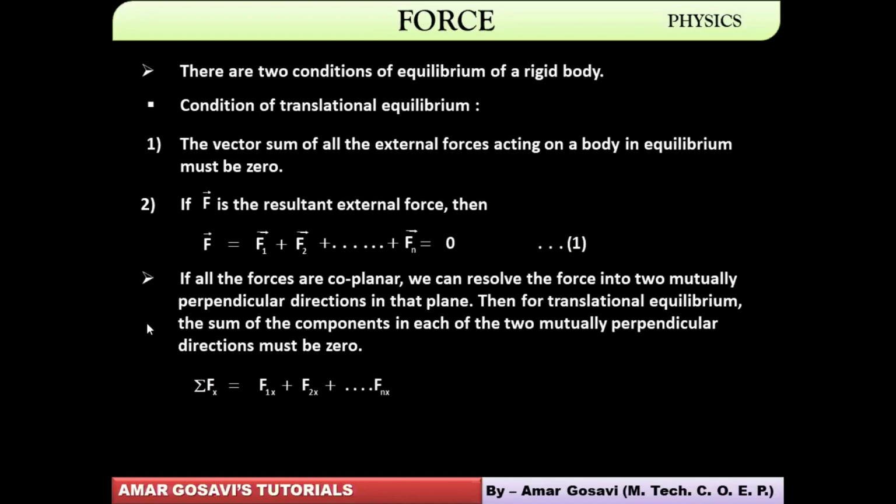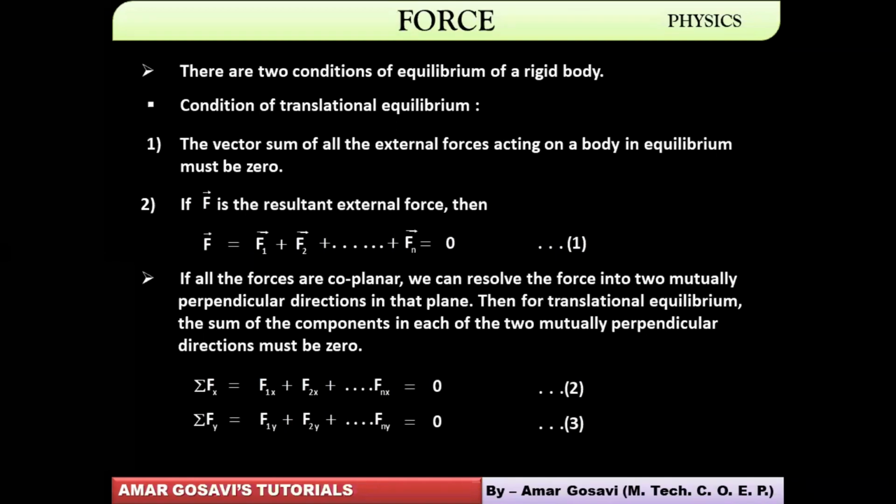Now the same situation can be established for the forces acting along the x-axis. You add them vectorially and put the entire forces equal to zero. Similarly, the summation of all the forces acting along the y-axis should be equal to zero. So the same equation is established along x, y, and similarly along the z-axis if required. As of now, just make a note of this first condition of translational equilibrium. Once you are done with it, please let me know.